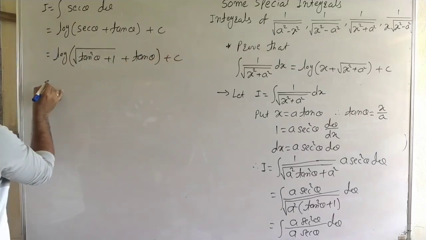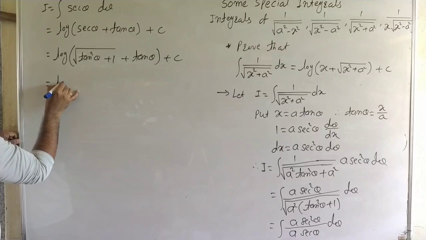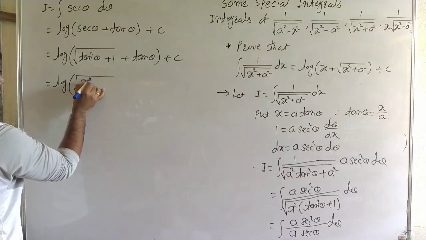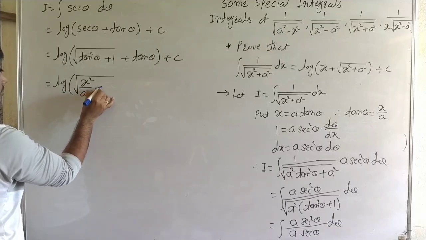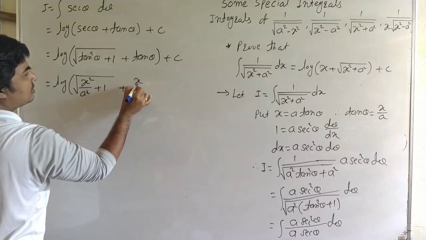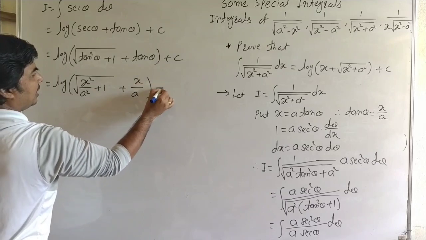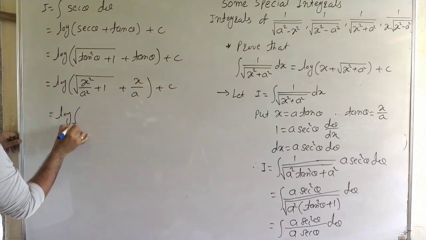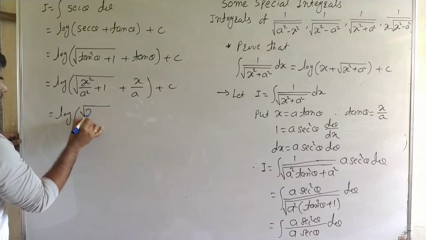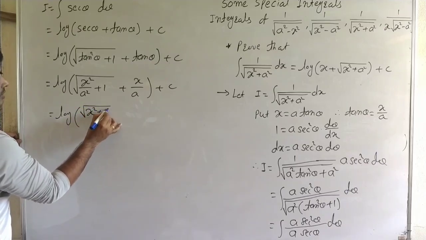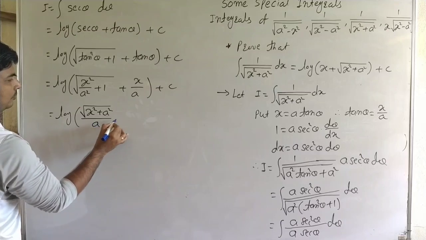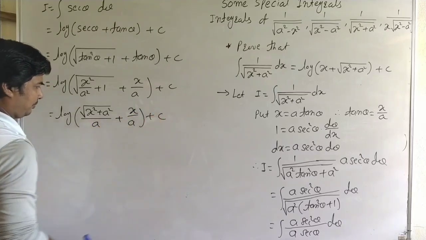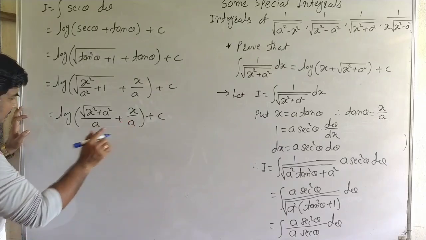Plus c. Then put the value of tan theta. It is under root of x square upon a square plus 1 plus x by a, plus c. Now log of under root x square plus a square upon a plus x by a, same calculation as the last proof. Okay, then adding them,